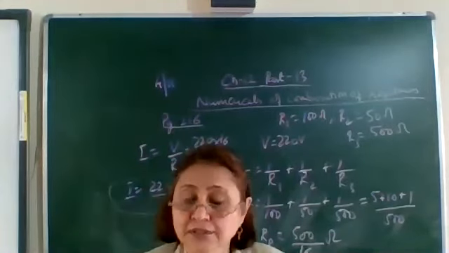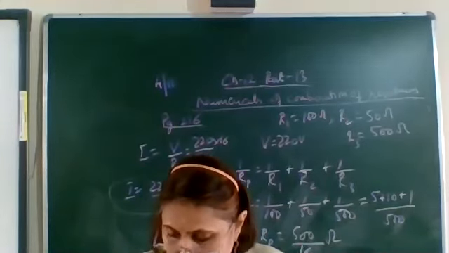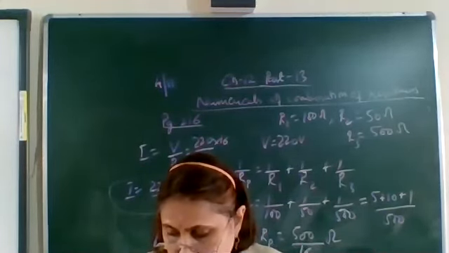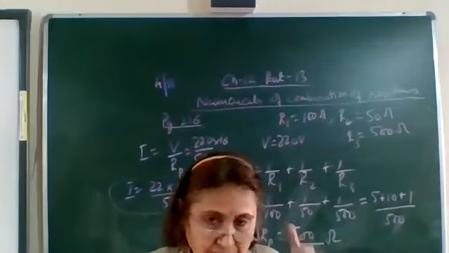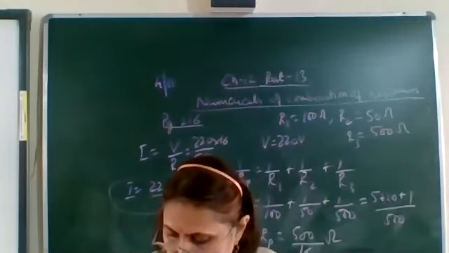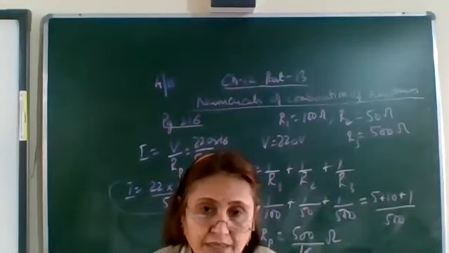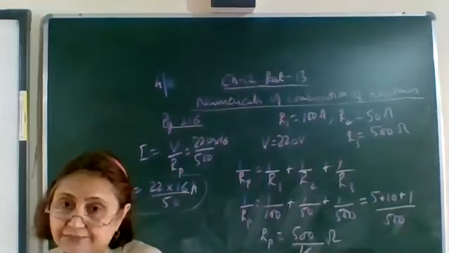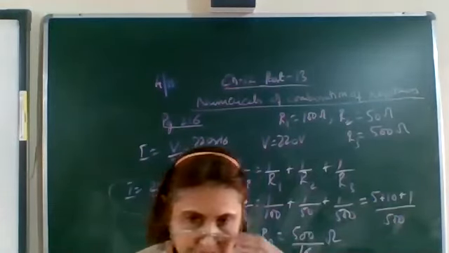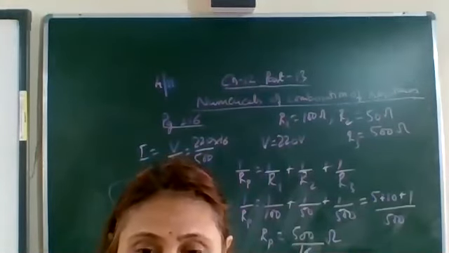Then question number 3, 4 and 5. Question number 3 is what are the advantages of connecting electrical devices in parallel with a battery instead of connecting them in series? This question I had already given, so no need to do it again. Question number 4 and 5. You will try it and tomorrow we'll discuss these questions and then we'll proceed with heating effects of electric current. So revise and try to solve the rest 2 questions.